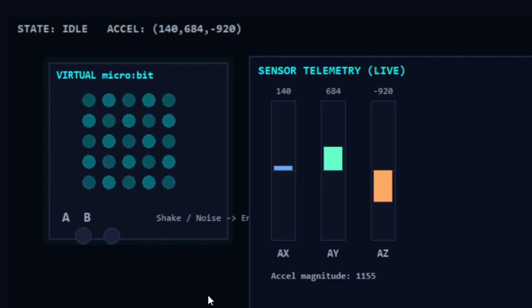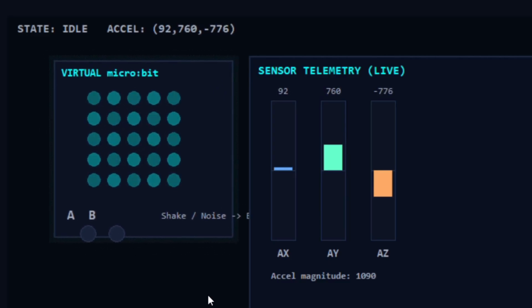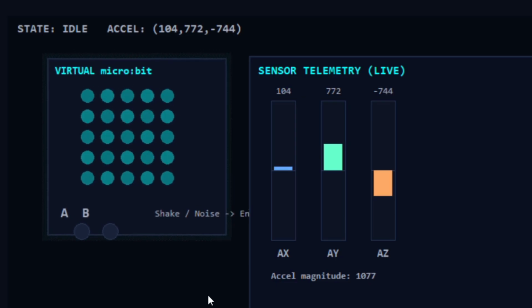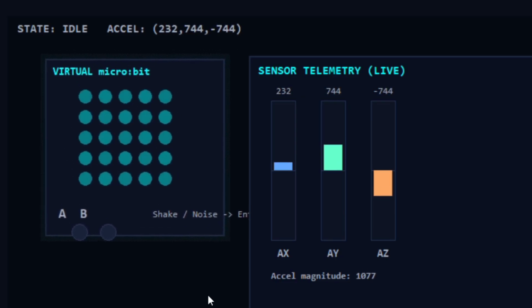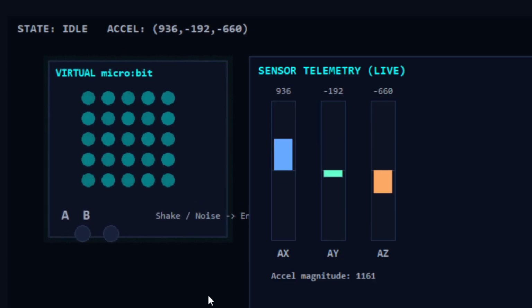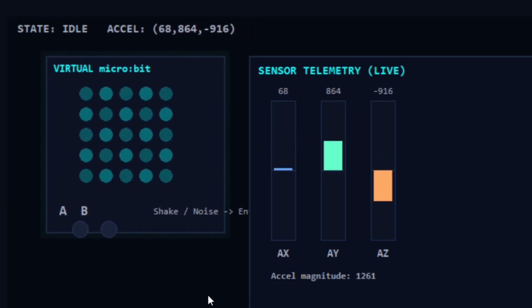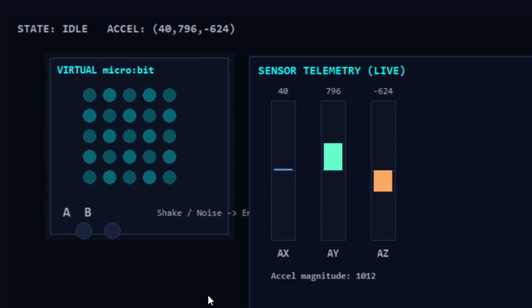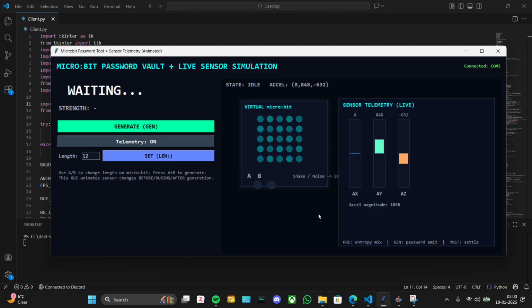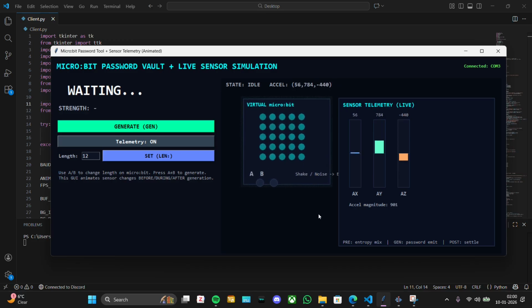On the micro:bit side, the logic is simple and educational. We continuously sample sensor values and timing using running time plus accelerometer X, Y, and Z readings, and mix those into an internal state using bitwise operations so that the randomness evolves over time. Then when I trigger generation, either by pressing A plus B on the device or by sending a GEN command from the PC,